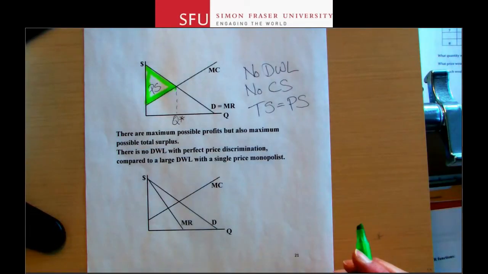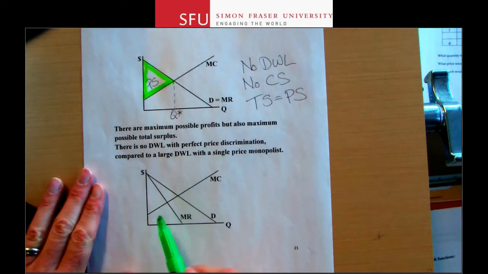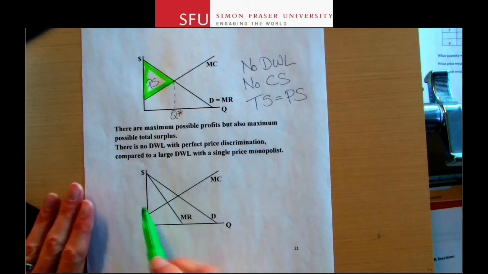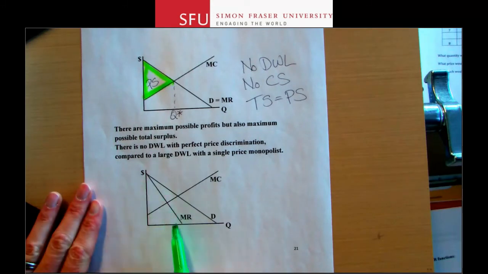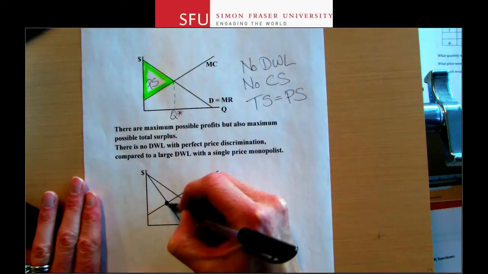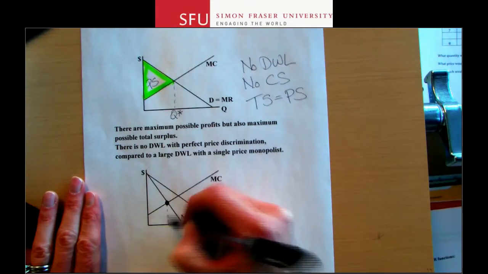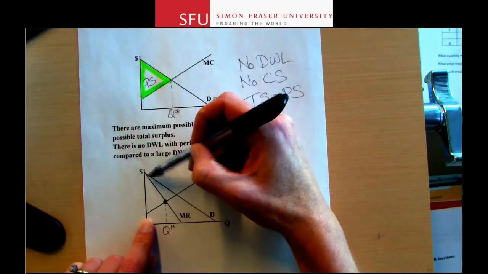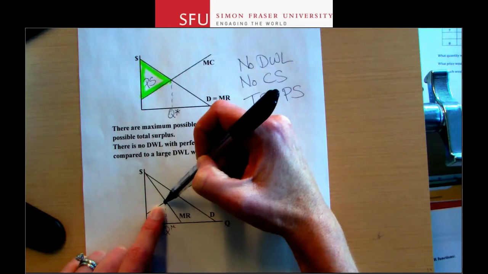And so then, going this way, as they charge lower prices, they will sell more of the good, but the price is going down, quantity is going up. So their marginal revenue becomes smaller and smaller and smaller until at some point marginal revenue becomes negative, but we don't show that part of the curve. Anyway, so for a single price monopolist, they have the separate marginal revenue curve, and they will only then produce up to this point here, right? They will produce all the units for which their marginal revenue covers the cost, so just up to that point.